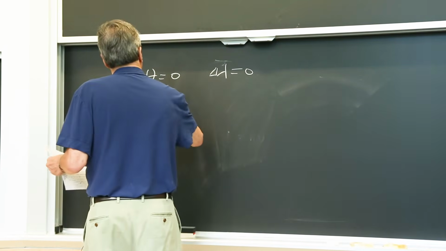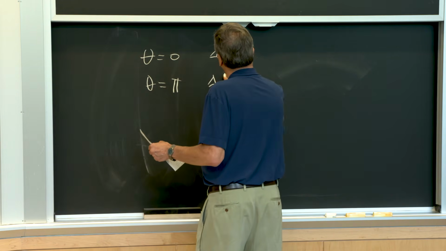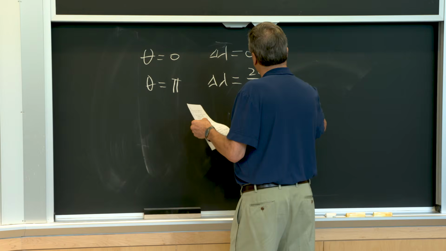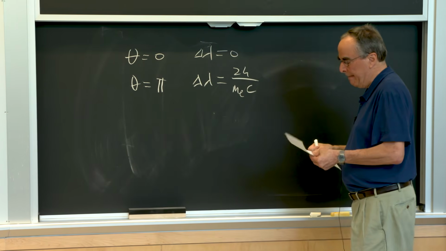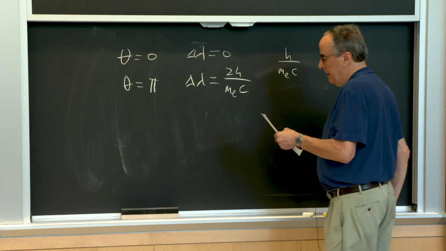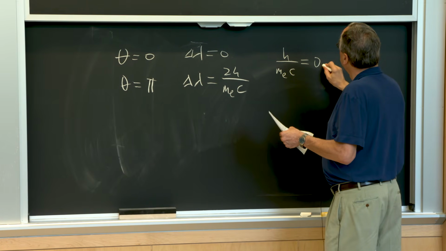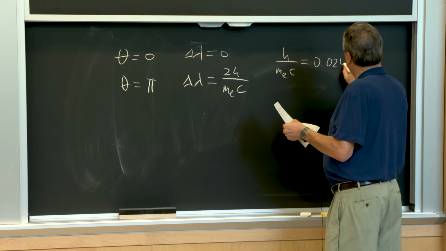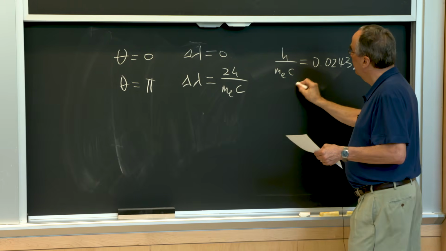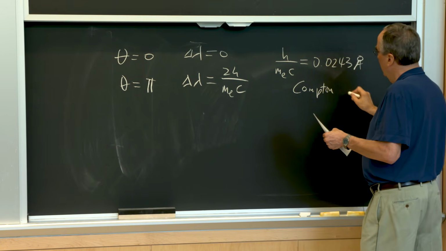If the scattering angle is pi, in other words, it's perfectly backscattered, then delta lambda, you can calculate, is 2h over the mass of the electron times the speed of light. Now this quantity, h over the mass of the electron times the speed of light, has dimensions of length, and it's 0.0243 angstroms. And this is called the Compton wavelength